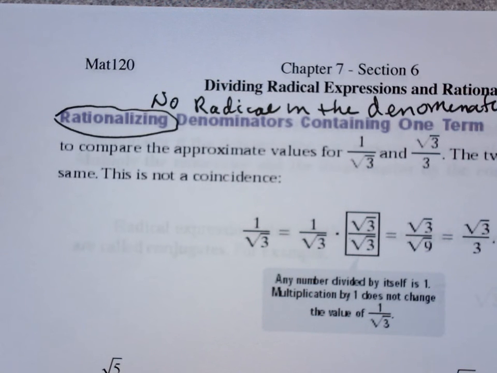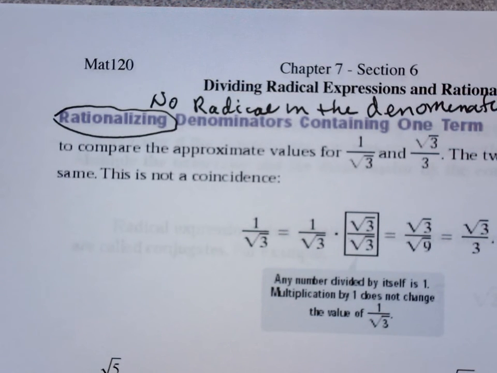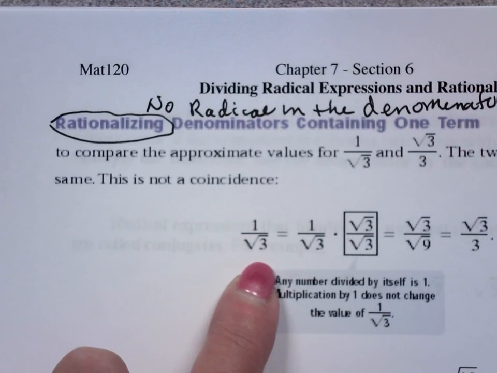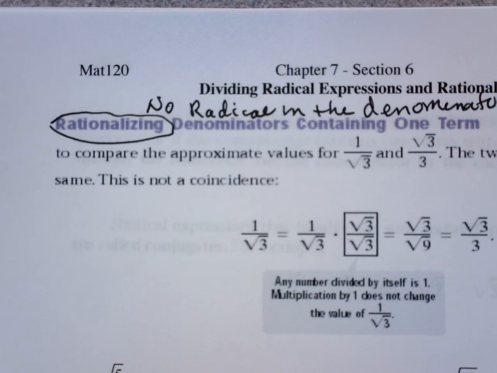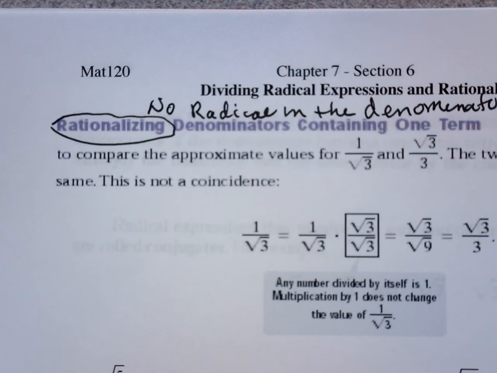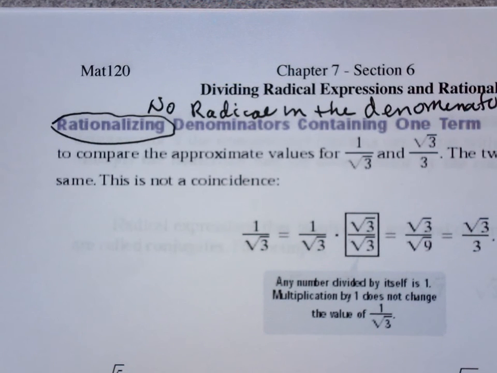Don't need to. Our calculators give us answers in decimal places. It's not necessary to do so anymore. There was a day that you actually did need to do this. And a lot of it had to do with this: if I was going to take 1 and divide it by the square root of 3, if I were doing that BC, before calculators,